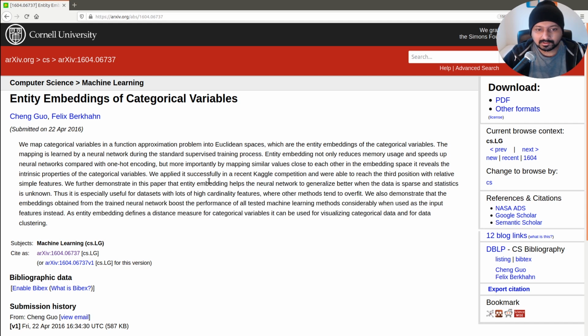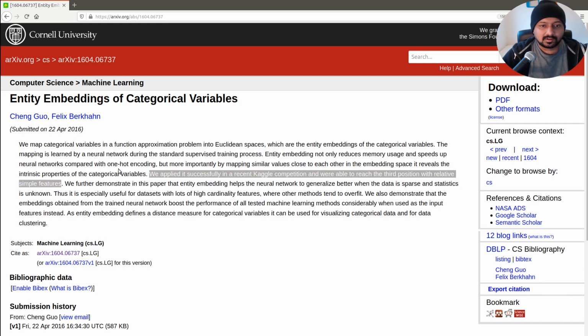And this paper actually comes from a Kaggle competition, where they got third place. I think it was Rossmann, and I'm not sure. You need to check that out. Probably it was Rossmann. It shows that with much simpler features, you can beat many benchmarks using entity embeddings,